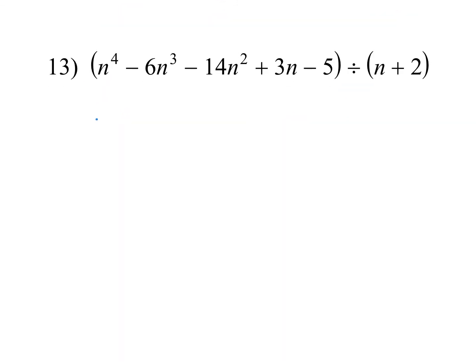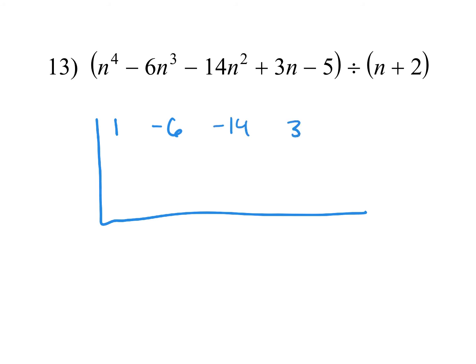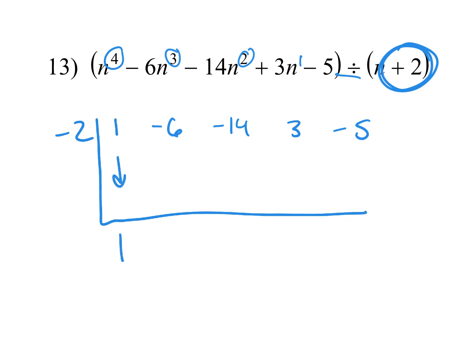All right, 13. What numbers go inside the box? Perfect. 1, -6, -14, 3, and -5. We're not missing anything. We have 4, 3, 2, 1, none. What goes outside the box? -2. We change the sign of the number outside. What do I do first? Drop down the 1 and then